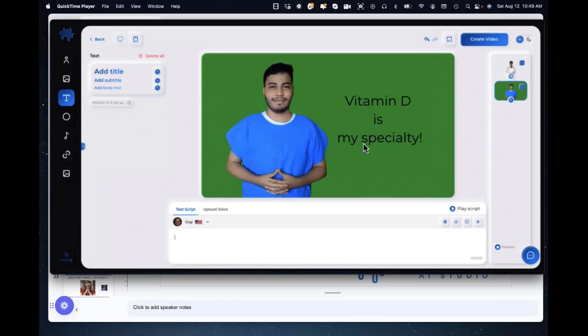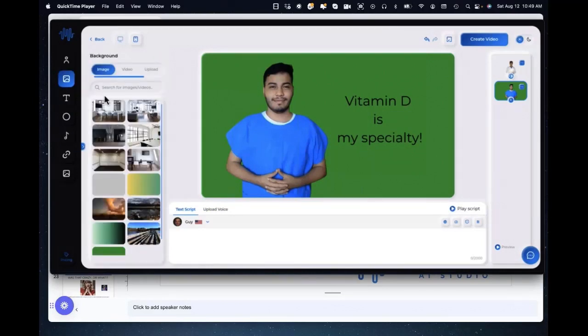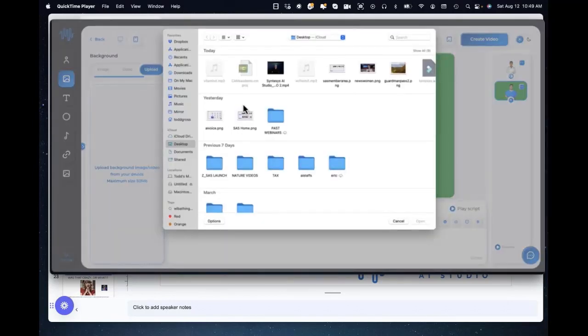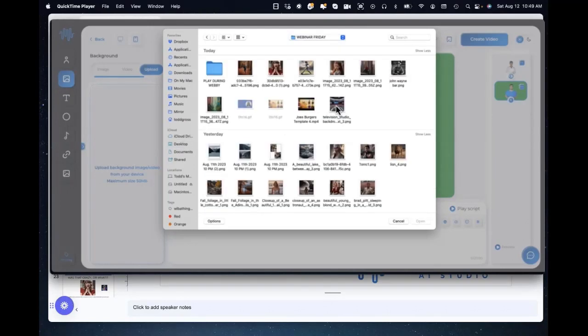Now you can upload backgrounds as well. Or you can upload a video. And you can upload, of course, something that you have created with our image section, which we'll be getting to next. It does say 50 megabytes max. So I know that I have some great images, of course, or an outdoor background. Let's do a studio background.